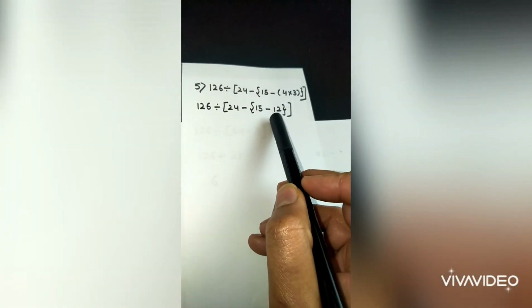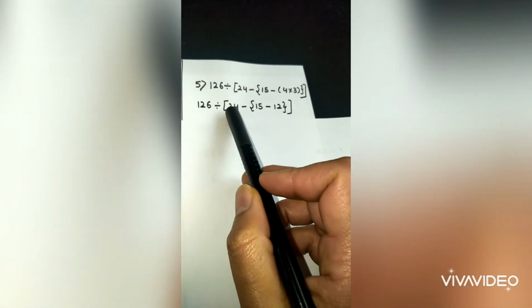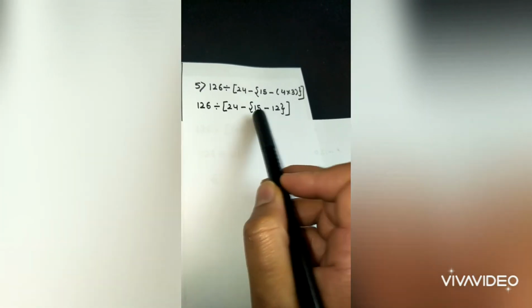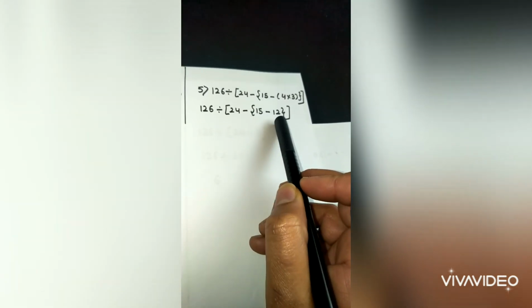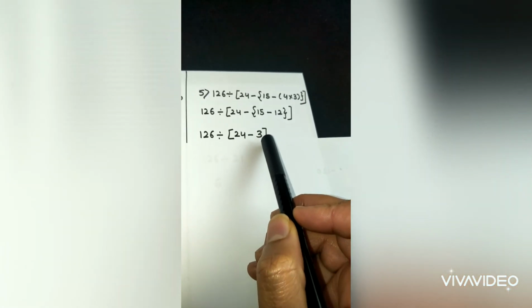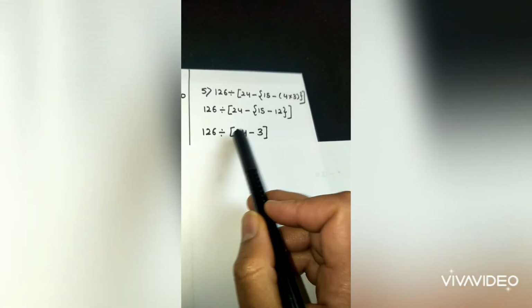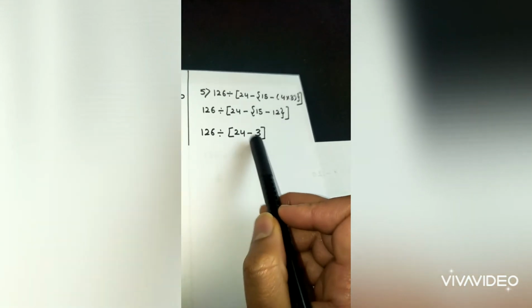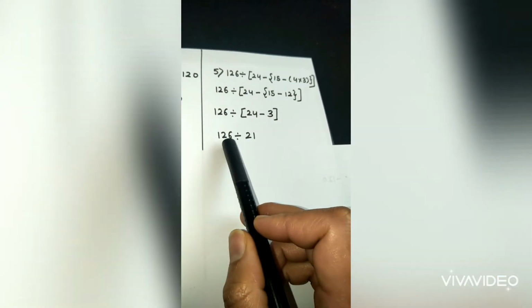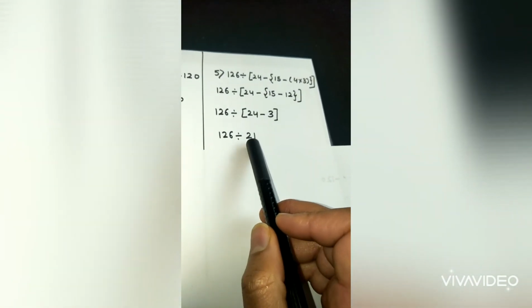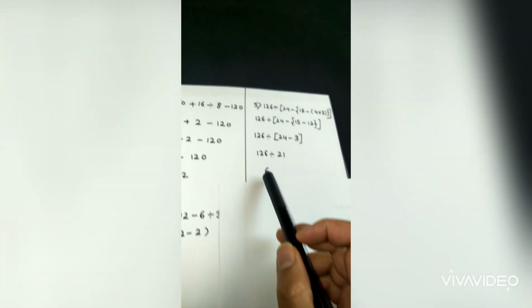4 times 3, 12. Now what is the inner bracket in these two? This is clearly understandable. So I will use this one, that gives 15 minus 12, 3. Removing this bracket, 3. Now I am left with just the outer bracket. Now I'll solve it at the end. That gives me 21. Now in the last step, 126 divided by 21 gives me 6. So guys, I have covered brackets, multi-brackets, all the operations in these questions.